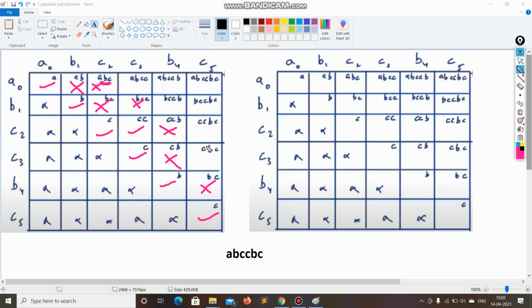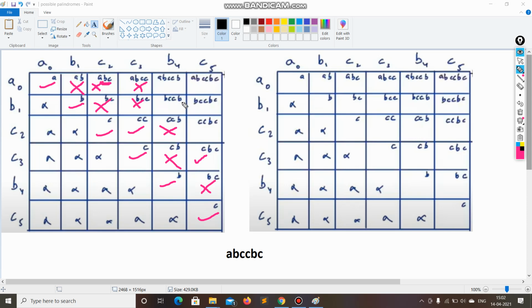But now check the middle string. Is B a palindrome or not? You can simply check the cross one, B. Yes, it is a palindrome. So CBC is a palindrome. Here, is A equal to C? No, so it is not a palindrome.